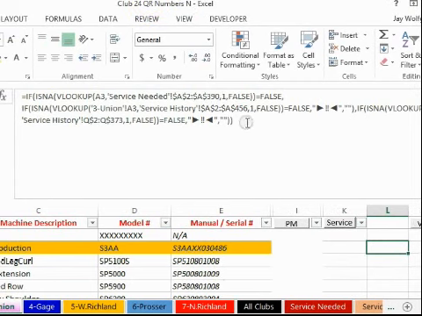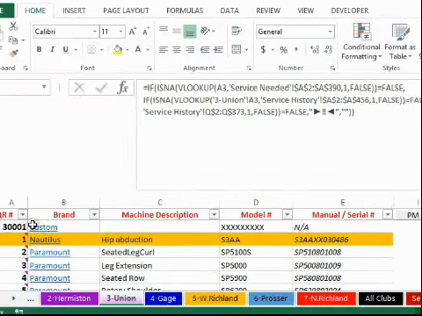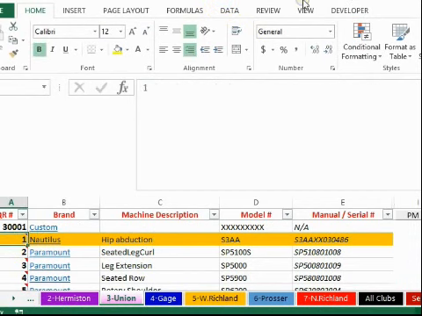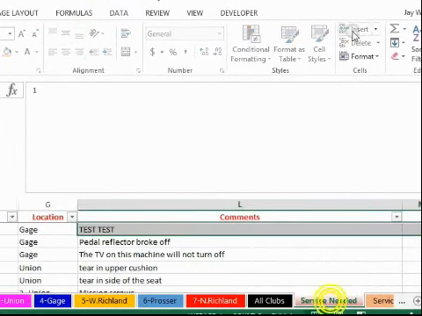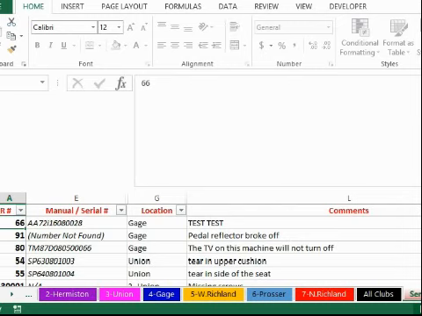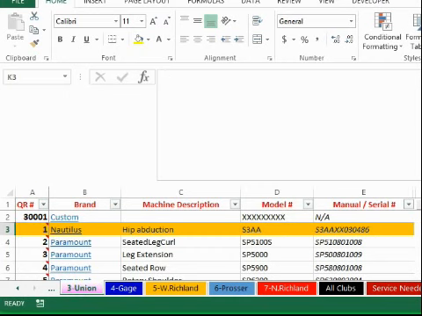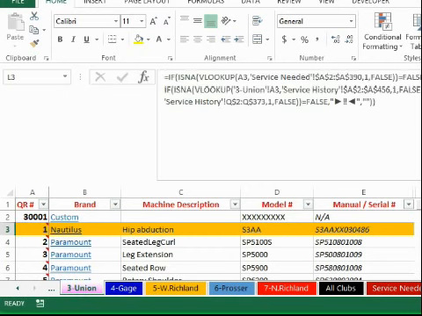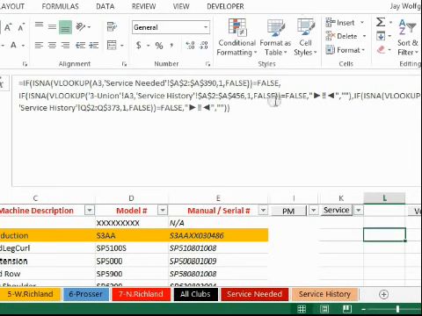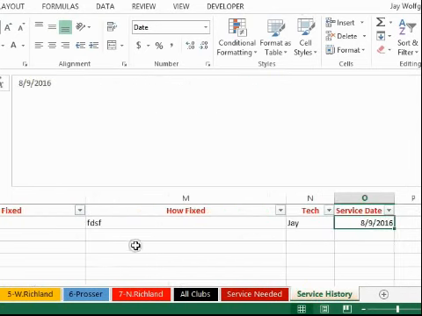And all it's saying is if the value that is found here is also found in this service needed column and in the service history column, then show up yellow. Or, that's why there are 3 if statements, if it is found